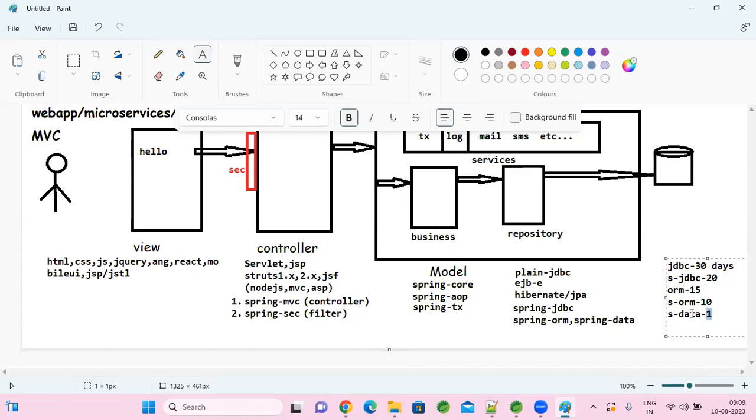Because there is nothing to write here in Spring Data. You need not do anything, just create your entities. That's it. Everything on the fly Spring Data JPA will implement for you. We will see examples of this for each, right? Yes, we will be covering. Finally, this is what you will realize. If you clearly understand what is JDBC, Spring JDBC, what is ORM, what is Spring ORM, and what is Spring Data JPA, then you will realize that if I go with Spring Data,